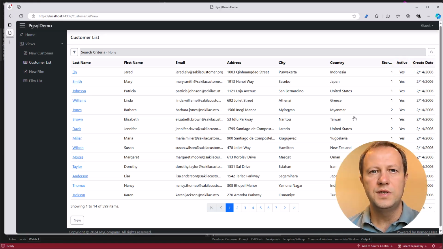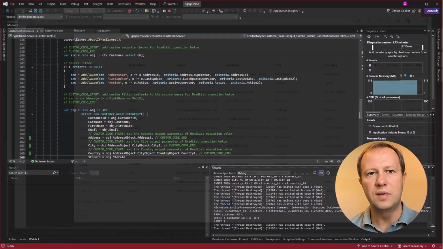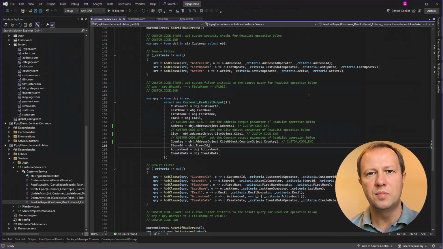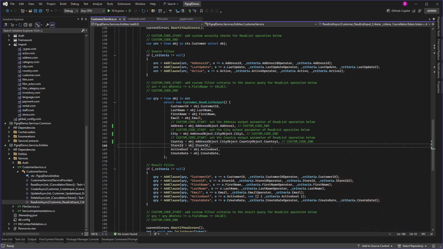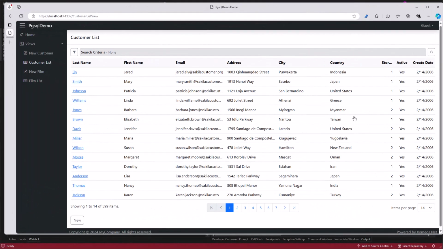So now that we've seen how you can change the default CRUD operations to build the screens that we want, let's see what happens if you need to change your domain model based on some new requirements, and how Zomega helps you apply the domain changes to your PostgreSQL database. If you remember, on our customer list screen, we displayed the customer store ID as one of the columns.